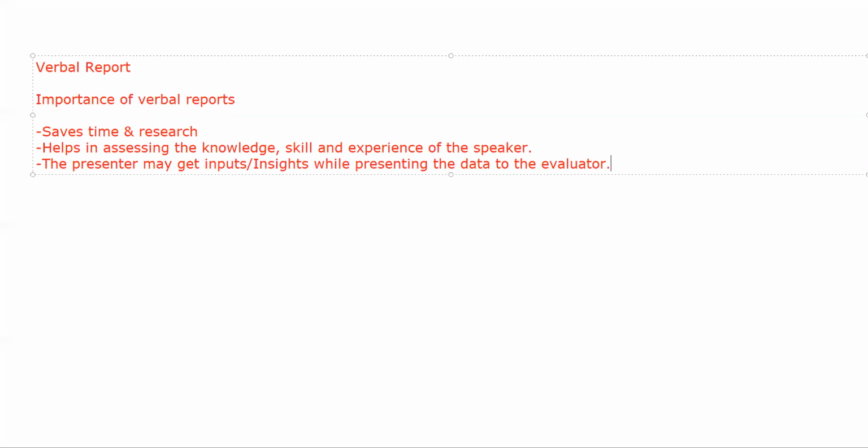Now, the duration of the report that you give is very important, because you cannot keep on rambling continuously for an hour or two. Okay, you need to keep it very precise, and the duration of your report will show the time management skills of that particular presenter. If you are concentrating only on one point and you keep on rambling on that point for a long period of time, generally what happens is the audience will get bored.